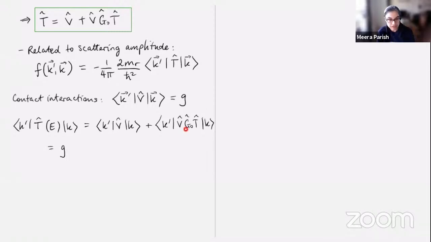This one, how do I go ahead and do this? What you can do is start inserting complete sets of these plane wave states here. I can insert them, for instance, here and so forth. So what you end up with is that you can show that it gives you